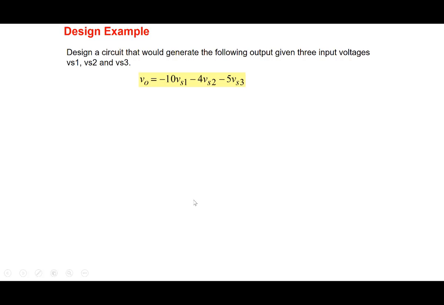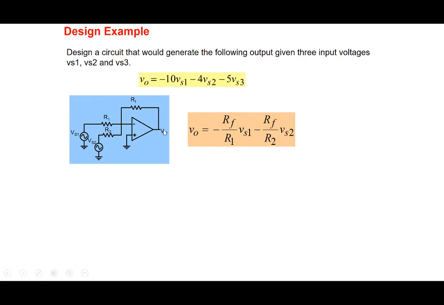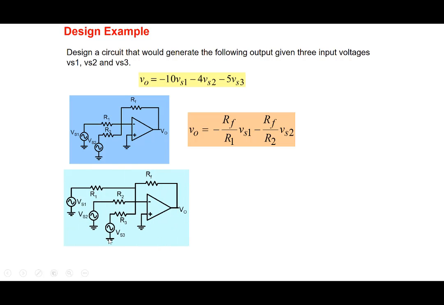All right, so suppose somebody says design a circuit that would generate the following output given 3 input voltages, Vs1, Vs2, Vs3. We want this one here. So we note that this particular circuit was doing the following, V0 is minus RF by R1 Vs1, minus RF by R2 Vs2. And so it's easy to see that maybe we can add a third input here,